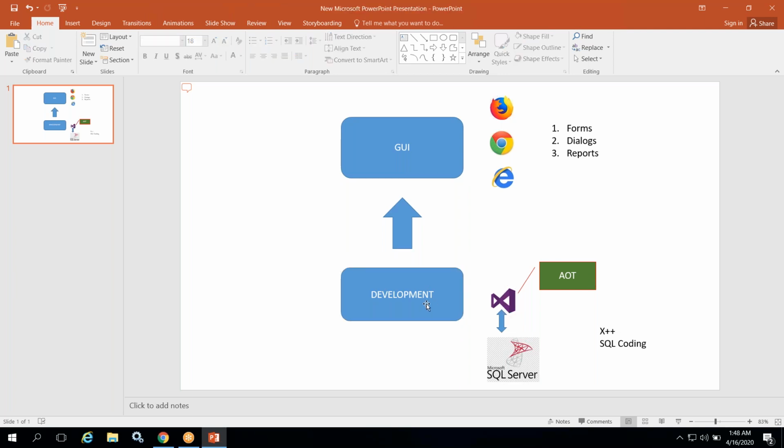Once we develop in Visual Studio, we will attach those forms, dialog boxes, and reports to the front-end application. Mostly, any kind of development related to Dynamics 365 Finance and Operations is done in Visual Studio. The total development area is Visual Studio, in a normal Visual Studio,